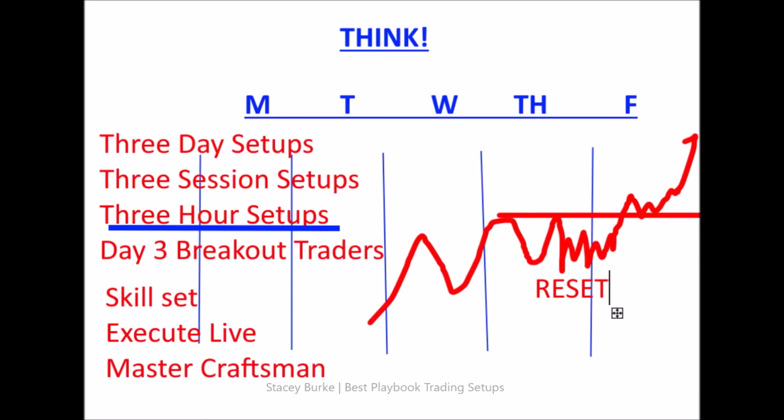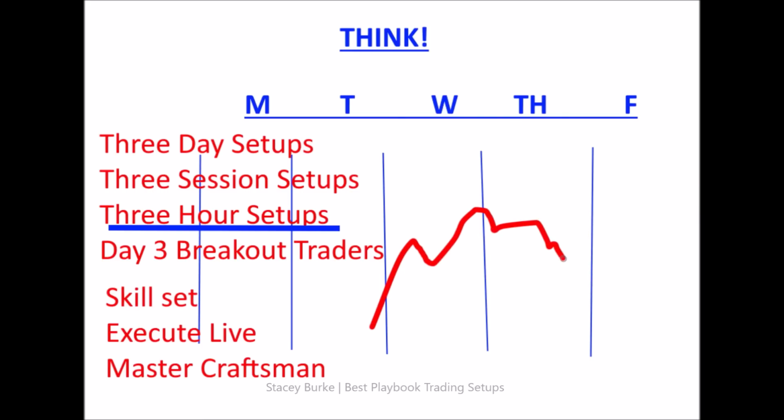That is a reset. A reset is when we are in our template and that market doesn't give us a day 3 setup or a day 3 opportunity, and it continues into a new 3-day cycle. When a market has pumped up and broken down here, this is not a reset, and it is not a first red day. We want to see the first red day up here. Pump and dump. When it's down here, we can still possibly get a sell high signal, but that's a continuation